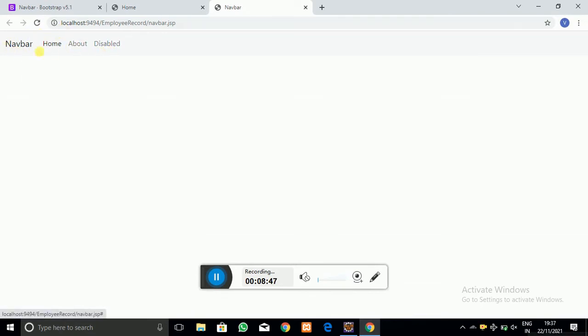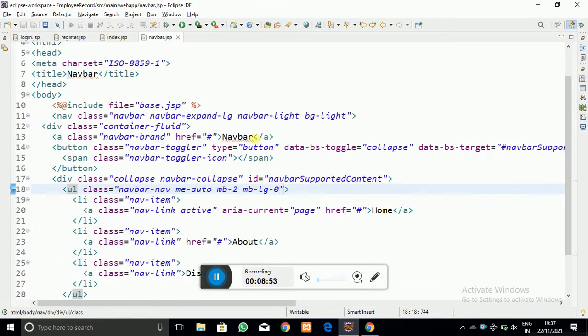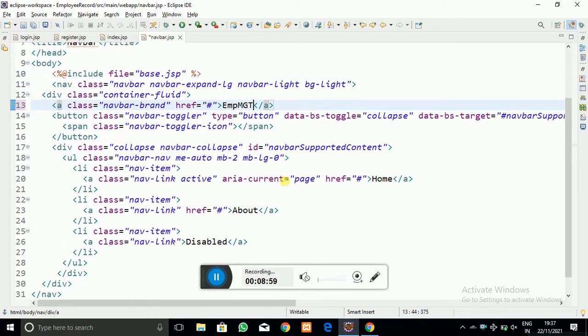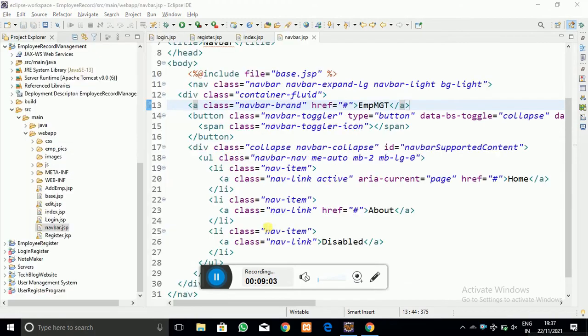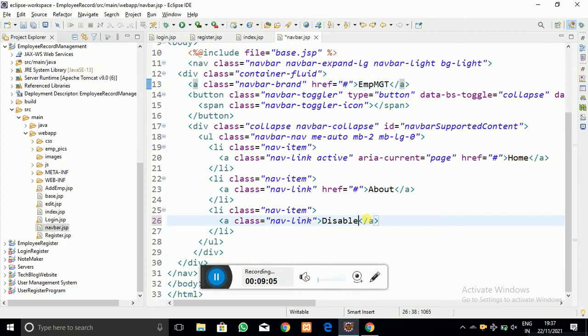Now I am going to modify it again. Just add the navbar brand, that is Employee MGT, and the home link here, and about. Here I am going to add the contact link,